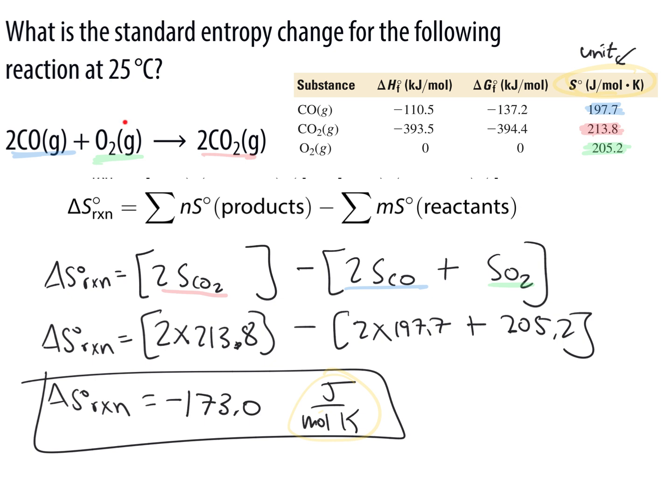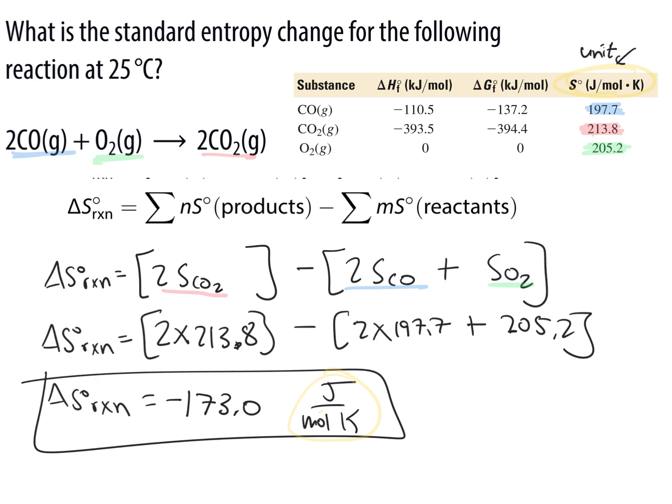So here we started with 3 moles of gas as the reactant, 2 moles of gas as the product. So the products have fewer moles of gas, and therefore the product should have less entropy. That means that delta S should be negative, which matches our expectation. We can see that every gas here has roughly the same entropy. And so it's 2 times about 200 minus 3 times about 200, which gives us roughly negative 200 as our entropy